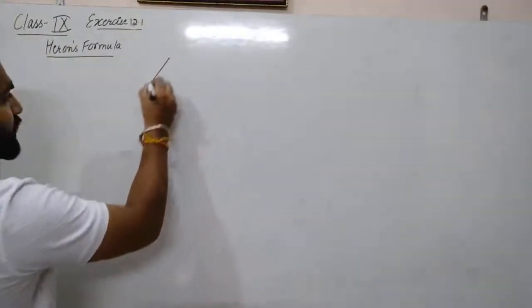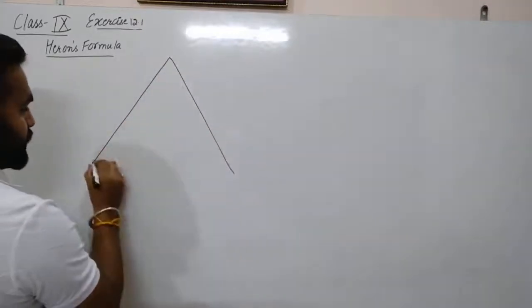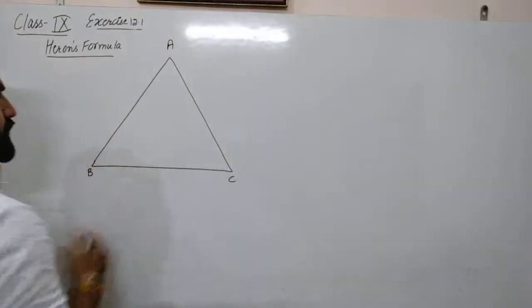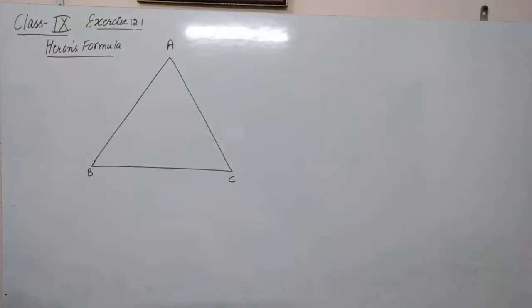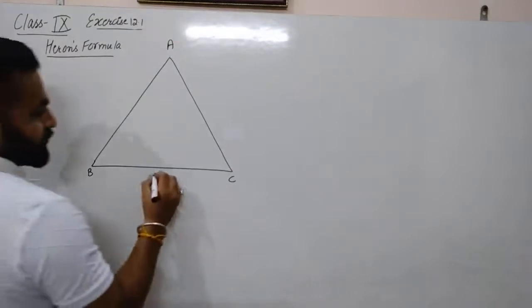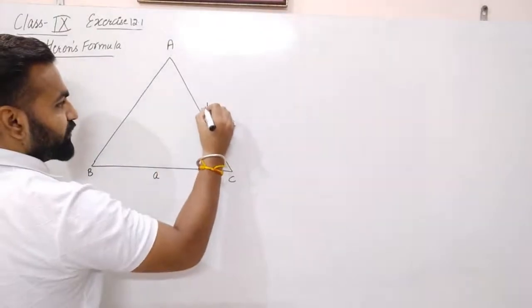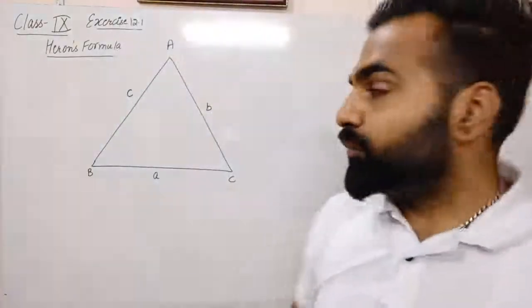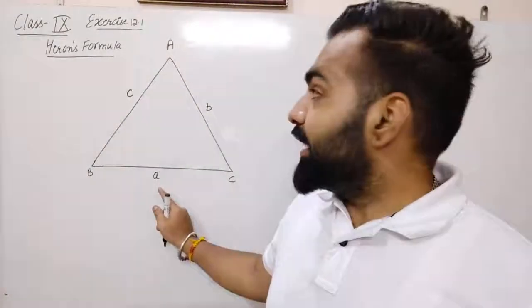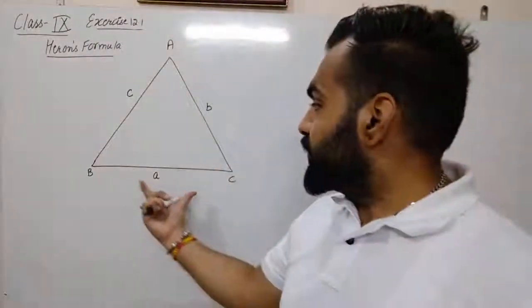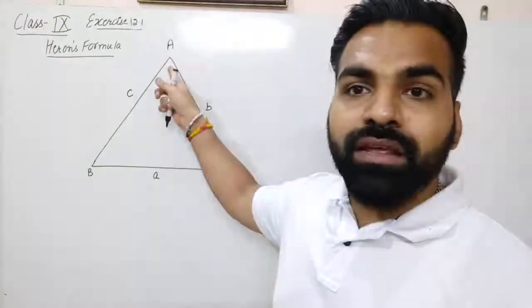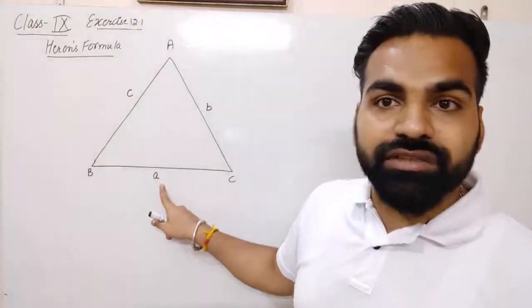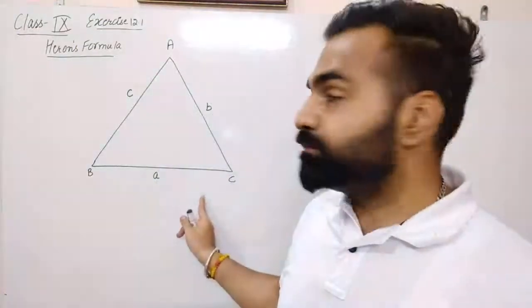Suppose this is a triangle ABC. Clear everyone? And the sides are, this is a, this is b, this is c. And how am I saying that this is side a? Because we take the small a as the opposite side of angle A. So this side BC is opposite of A. So in general way we suppose sides like this. So a will be the side which is opposite to angle A, that is BC side.